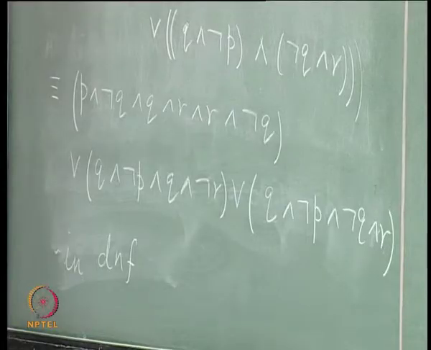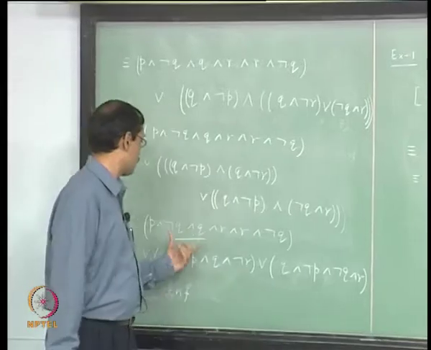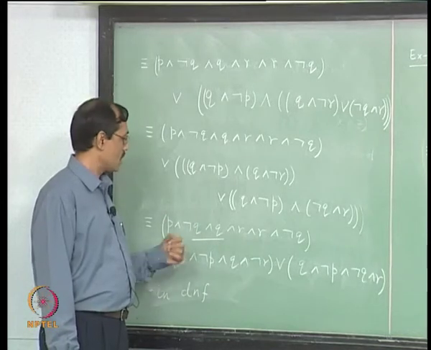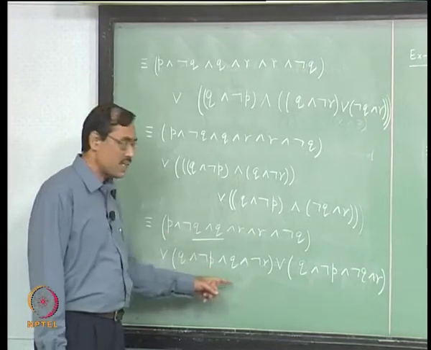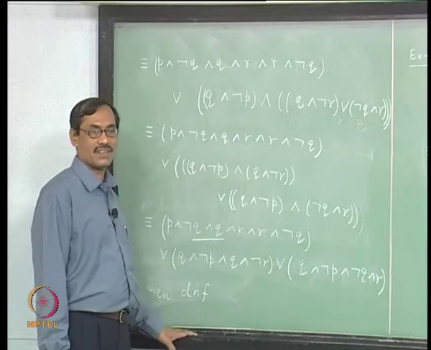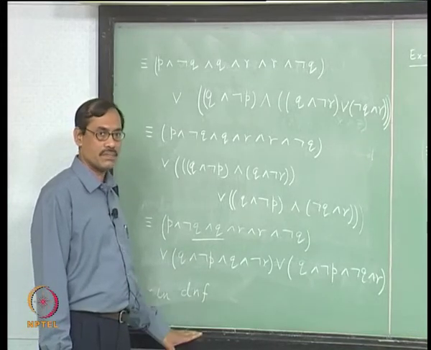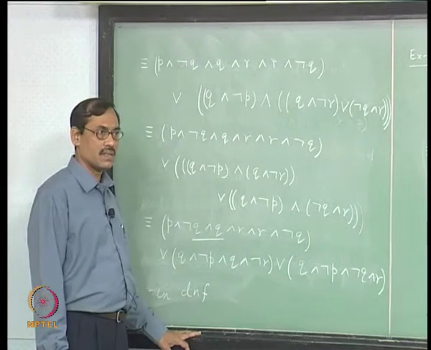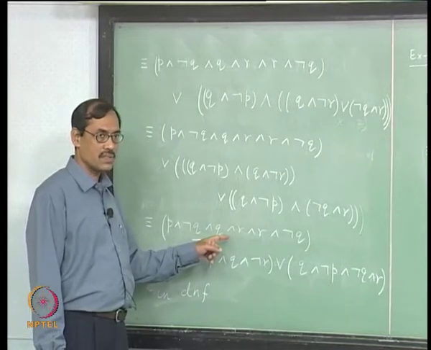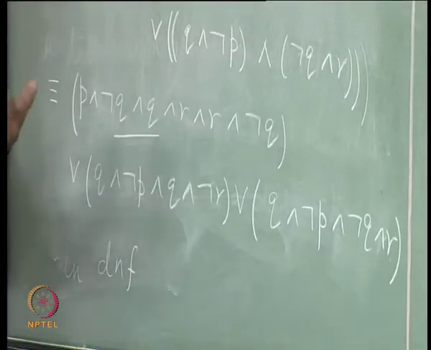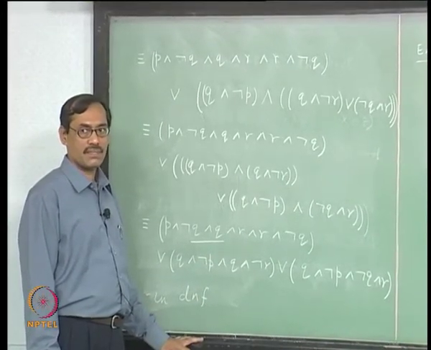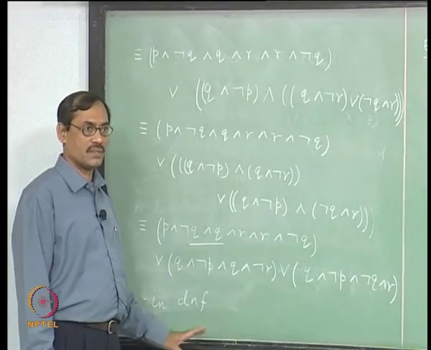Well, what you observed here is writing your first clause as bottom, because q is there, not q is there. Now, suppose you find finally that in every clause you have a literal and its negation, you have a propositional variable and its negation, then automatically it will be bottom, it will be unsatisfiable, fine. So, that means if it is a DNF and you find that every clause is having a pair of complementary literals, then you say that it is an unsatisfiable proposition, right. Is the observation clear?